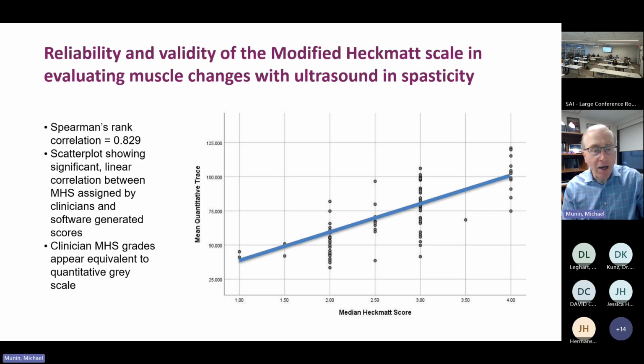Now, the important thing with the quantitative grayscale, you see on the y-axis, these are the grayscale numbers. Now, again, 125 versus 25, these numbers have no clinical meaning. They just are levels of intrinsic brightness of the image. And on the bottom are the modified Heckman scores. They go from 1 to 4. And as you see, 1 is on the normal side, 4 is on the abnormal side. And you see as we progress from normal to abnormal on the x-axis, we get a corresponding increase on the y-axis. And so that showed a very good,